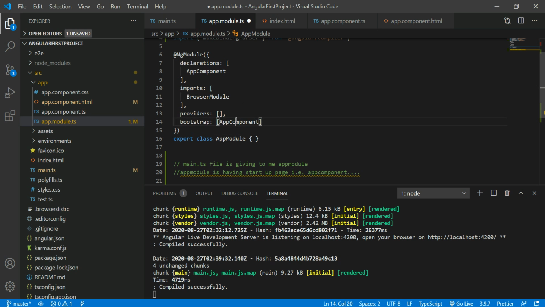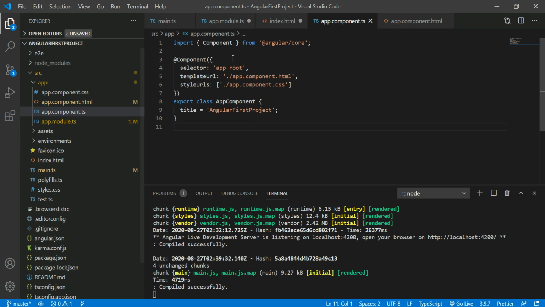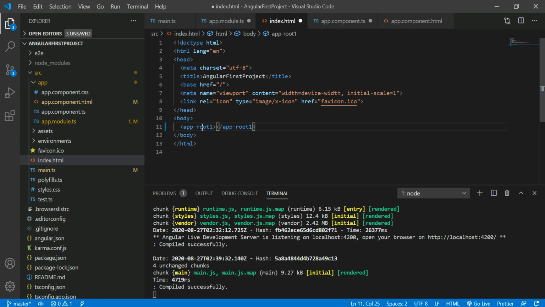If you want to change the app component, even the name of the root, I'm changing the root to root one. After that, in the app component.ts file, I need to change the selector of these three files to app root one, because as of now index.html is looking for the selector app root one.